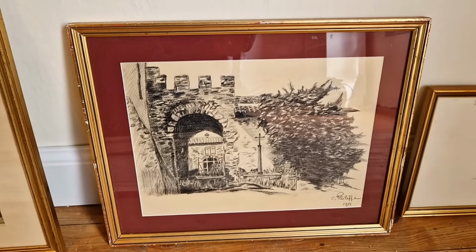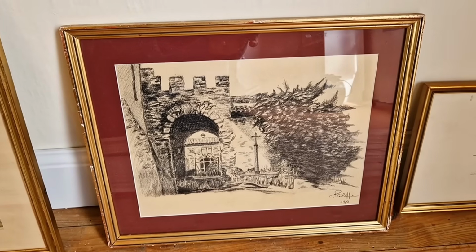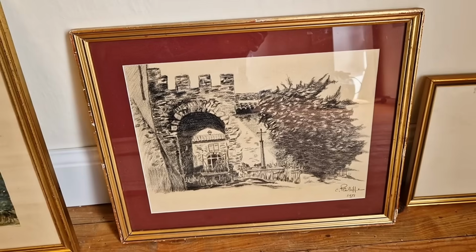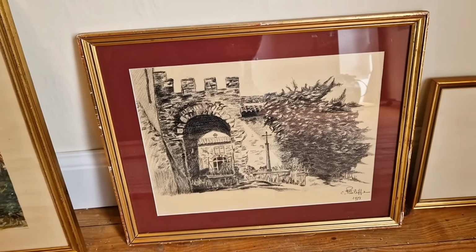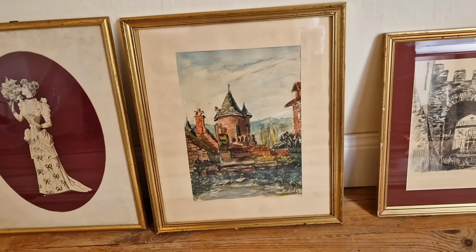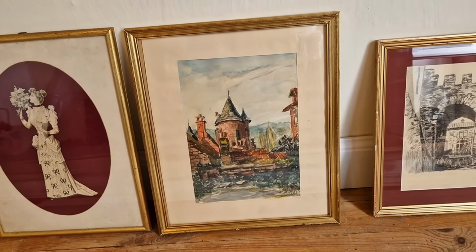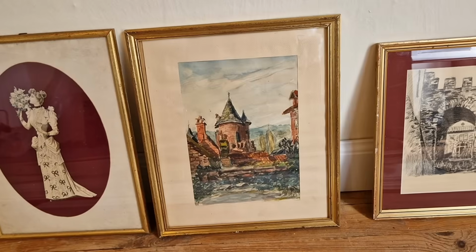I was misremembering. I thought that I did have a piece of art that had the same color and style of mat as this one, but what I was thinking of in my brain was that I have this piece that's over here on the left. We've got this Edwardian lady who is the same color, if not the same mat, as the other piece. That's worked out great. I feel like that's real progress because now I know exactly what art I want to